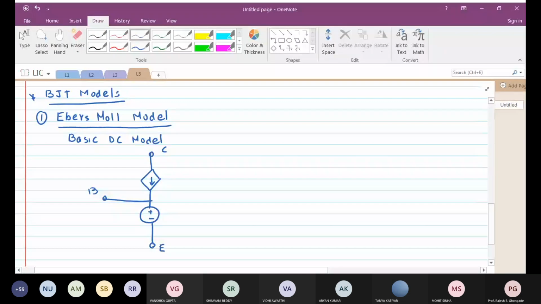Emitter, okay, and this is 0.7 volts, which actually, if you understand it properly, will be something like this. This is the representation of the VBE, okay, and then we have this collector current IC equal to beta times IB. This is one type of model, and then we have the emitter current like this. So this is called the Ebers-Moll model. Of course, this is the DC case.